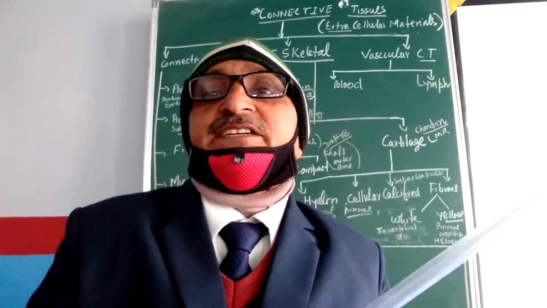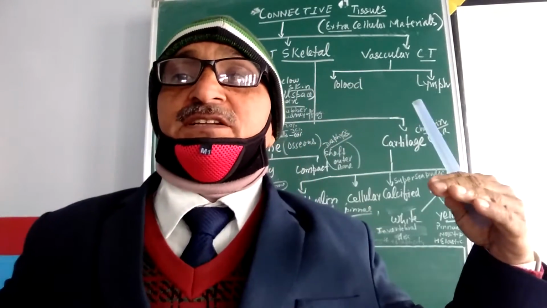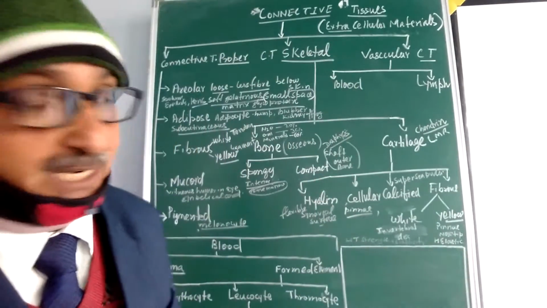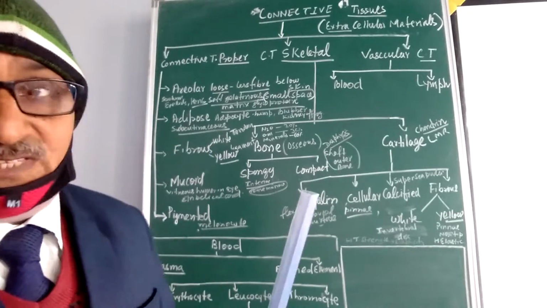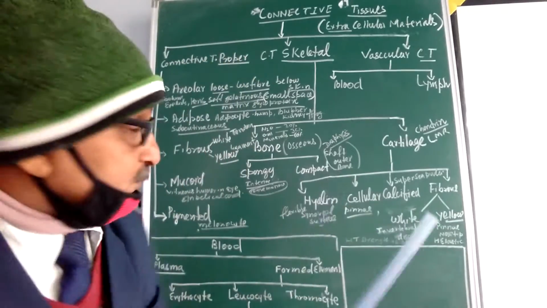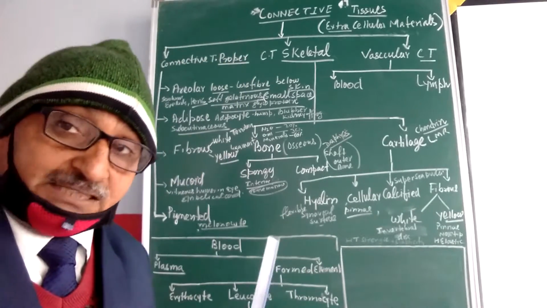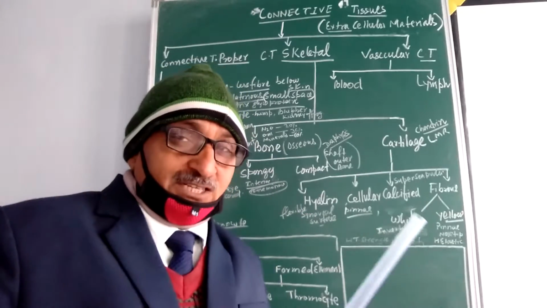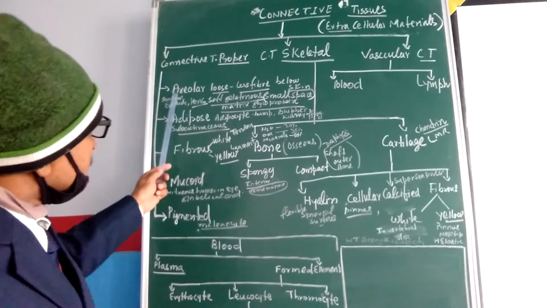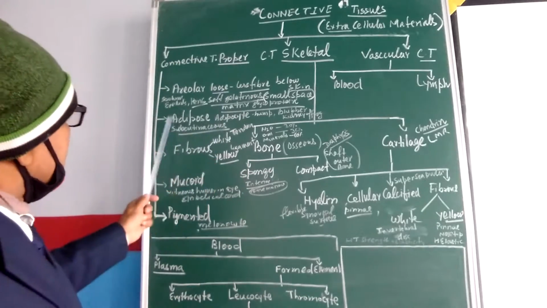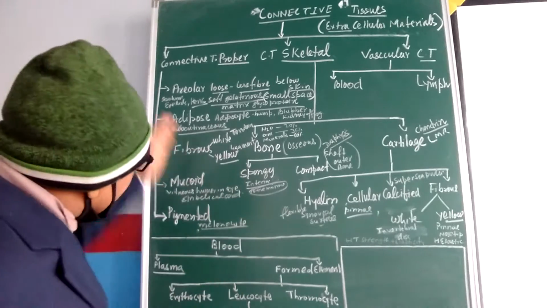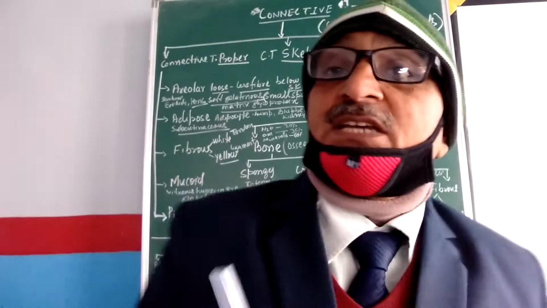So these are the criteria on which connective tissue is classified. Whether it properly connects, whether it gives framework, skeleton, and whether it circulates throughout the body in the form of blood and lymph. So connective tissue proper, as the name indicates, properly helps in connection. Now, it is of further two types, especially this is the loose type of connective tissue. Here the cells are loosely packed, not compactly packed. So, areolar, adipose, fibrous, mucoid, and pigmented. These are the further categories of this